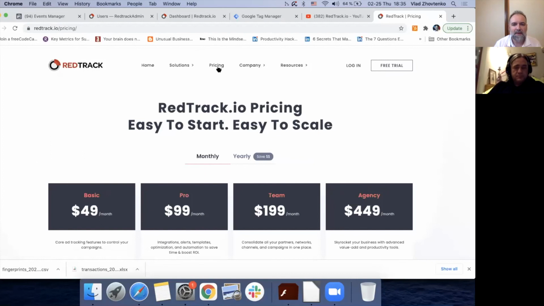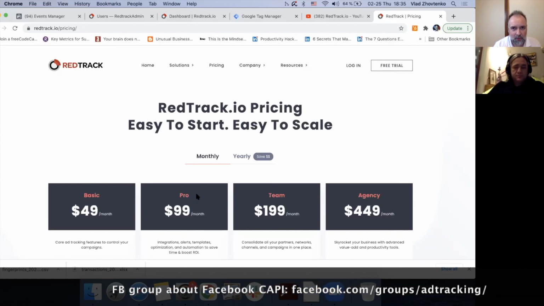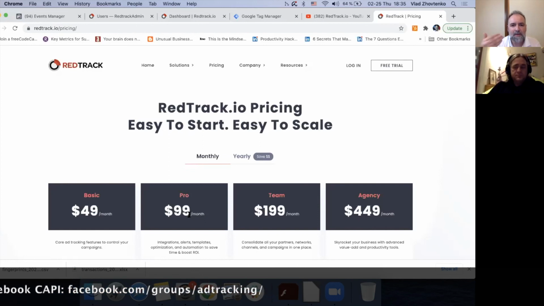We have 2 plans that we're looking at: Pro Plan and Team Plan. The difference is the number of ad accounts you can connect. One ad account, just to make sure it works, API support, all the features I showed you and more, is the Pro Plan. When you start to connect multiple ad accounts, it used to be the Team Plan.